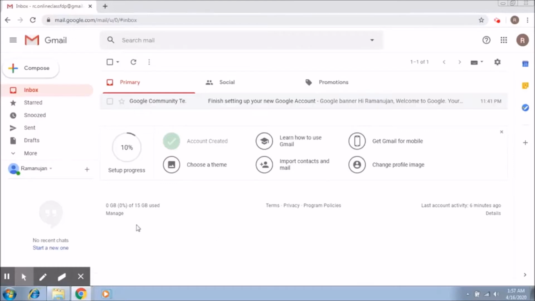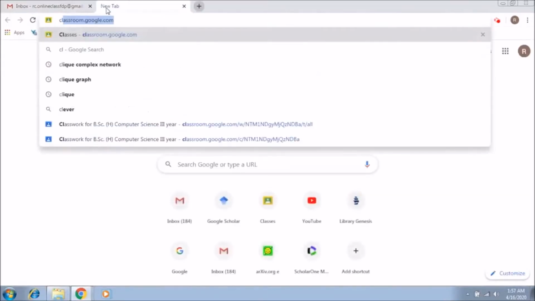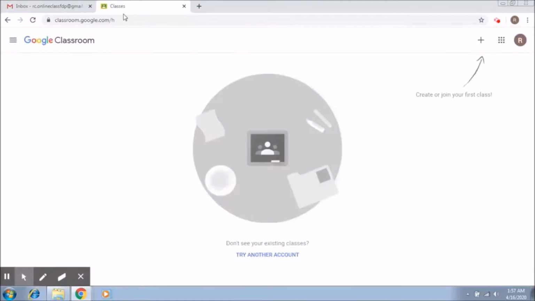Now I have created a Gmail ID for this particular purpose. It is rc.onlineclassfdb@gmail.com. You will be using your own IDs for this particular purpose. Now what you simply do is you click on this tab and type in this particular link, which is classroom.google.com. Please remember classroom.google.com. You go to this particular link and it takes you to the screen that allows you to create or